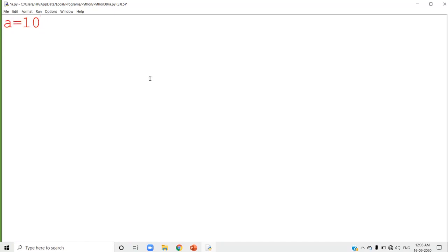Here A is a variable name, so you are assigning the value 10 to the variable A. Now I can write B equal to A. That means the value of A is given to the variable B. If you try to display print B, you will get the answer.